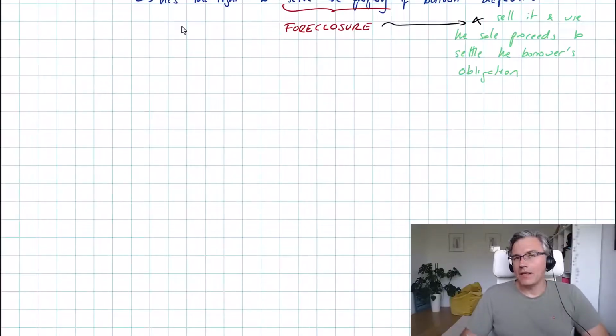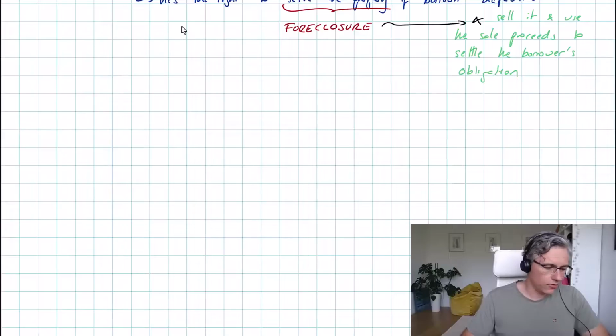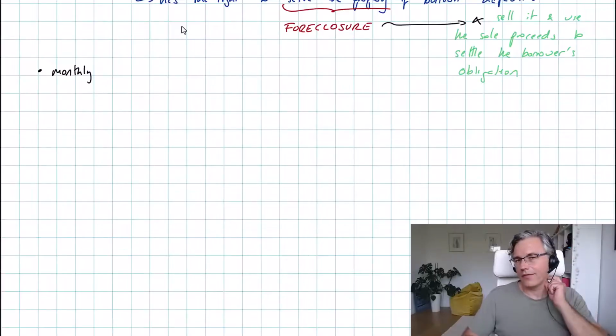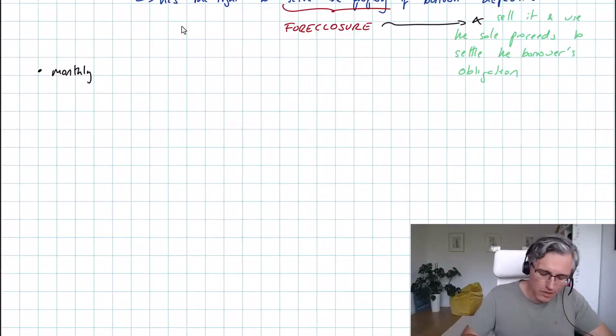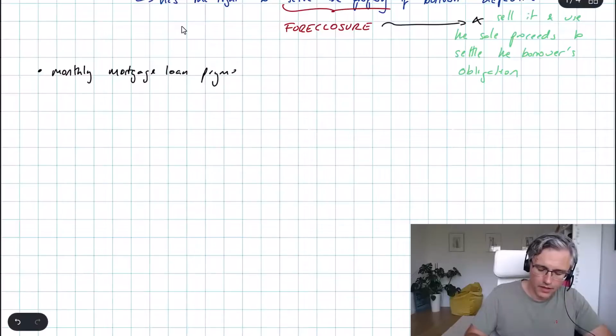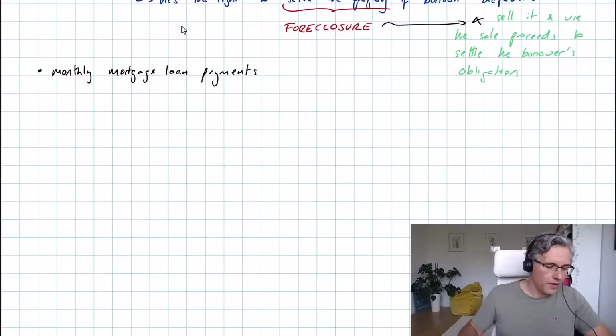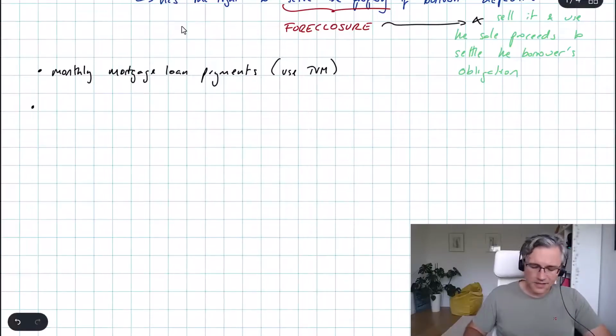Right. In this section, you may be asked to do just a few very light touch computations. First of all, you may have to calculate the monthly mortgage loan payments, and we'll do that together in a moment via an exam style question. For that, we will use the time value of money worksheet. Another thing that your book showcases in examples is the computation of what we call LTV.